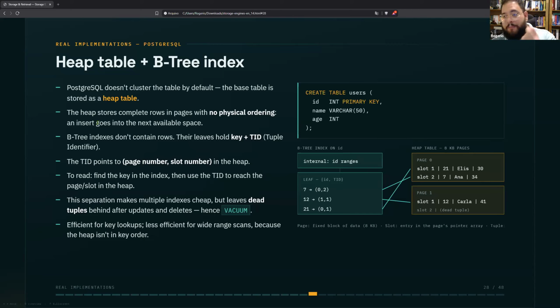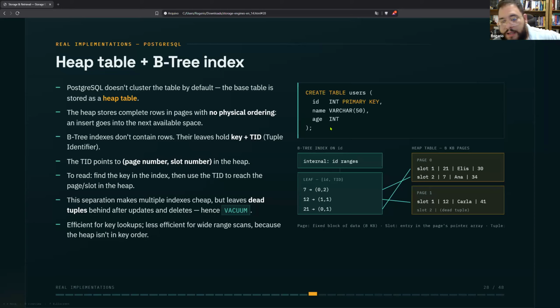So the heap table stores complete rows in pages with no physical ordering. But the B-tree indexes don't contain rows. Their leaves, and again, we are talking about B+trees, hold a key plus the TID, that is the tuple identifier.